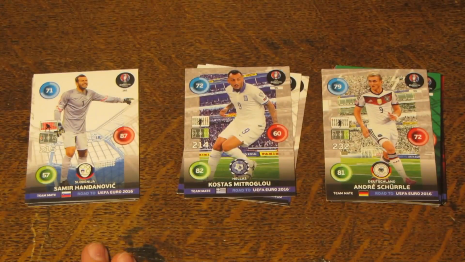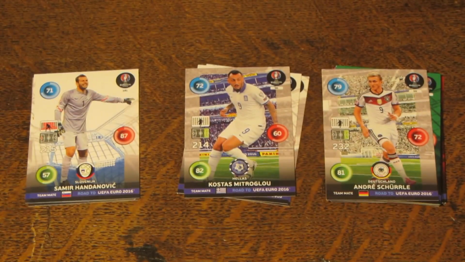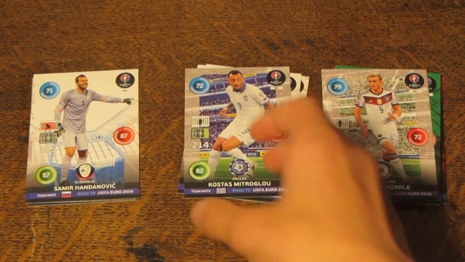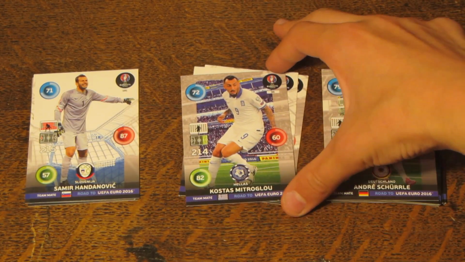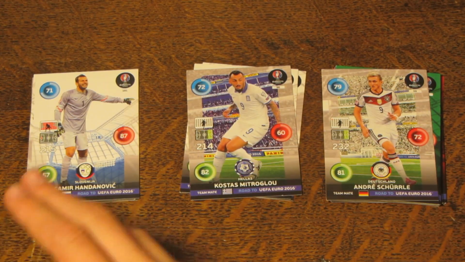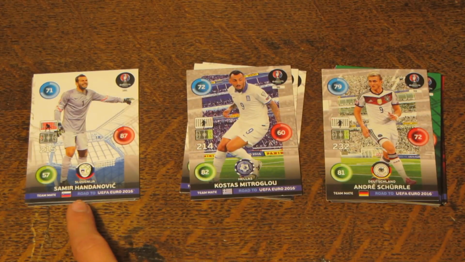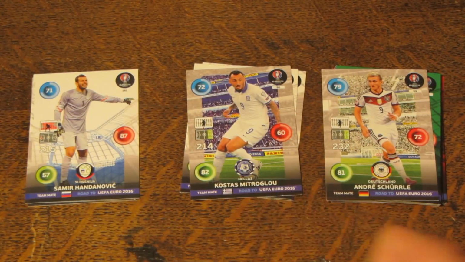So if Slovenia win, they will end up above Greece, and if Greece win, they will end up above Slovenia. So this game could be decisive to who gets the second place spot in Group B. So the first duel in the first game of the final round, we do have Samir Handanovic with 87 against